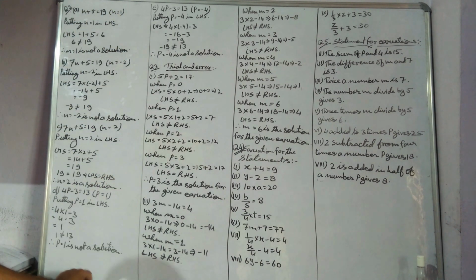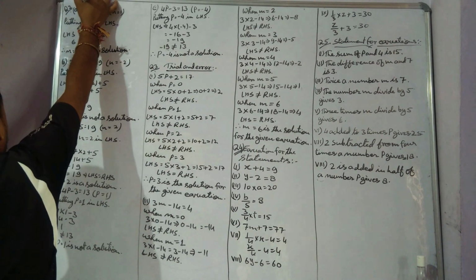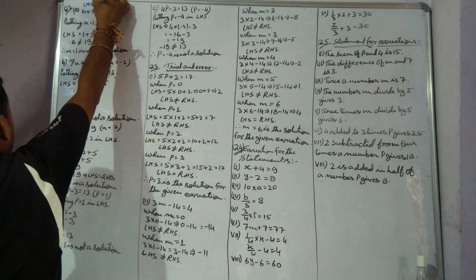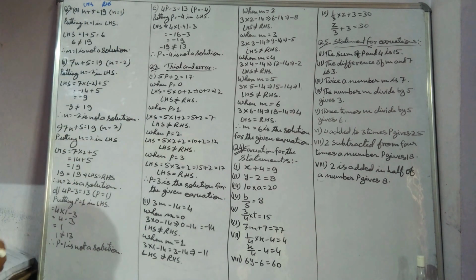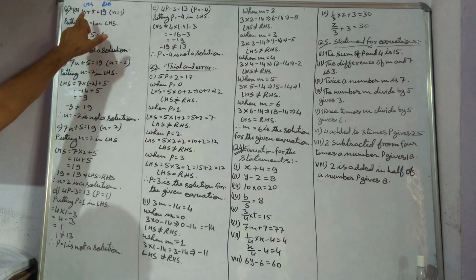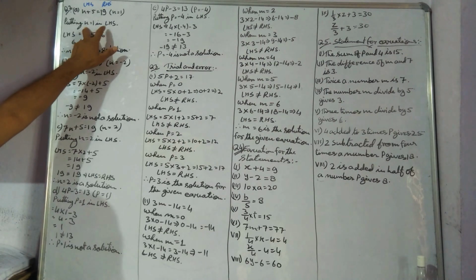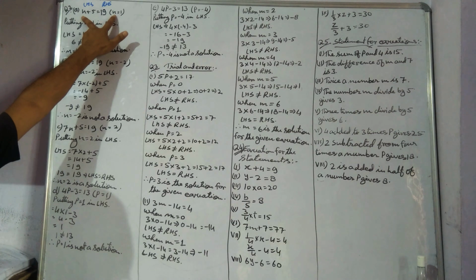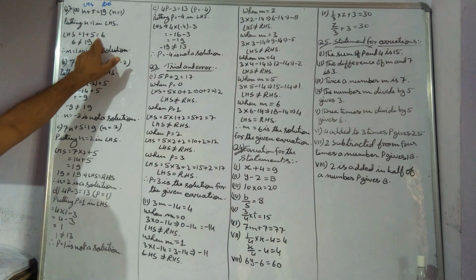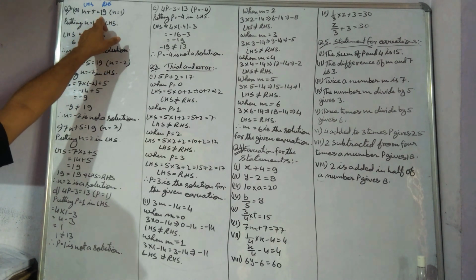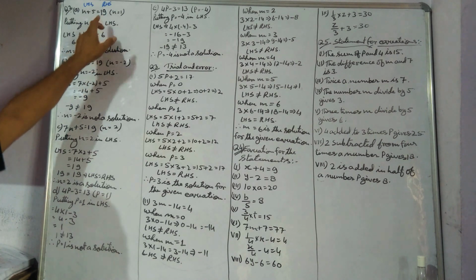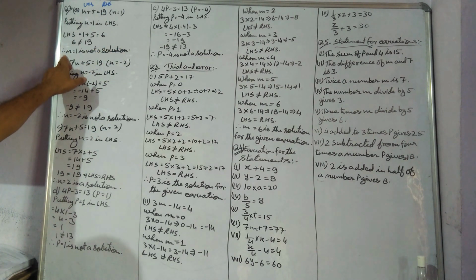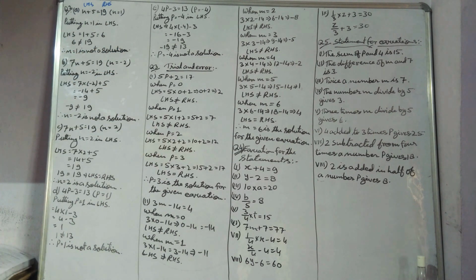Actually, whenever we write an equation, every equation has two parts: one is the LHS and the second is the RHS. So we will put the value of n in the LHS. On putting the value of n in LHS, in the place of n we will write 1. So 1 plus 5 is equal to 6, and because 6 is not equal to the RHS 19, we can say that n equals 1 is not a solution of the given equation.